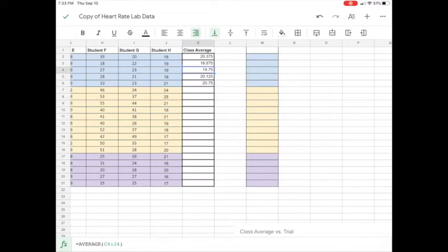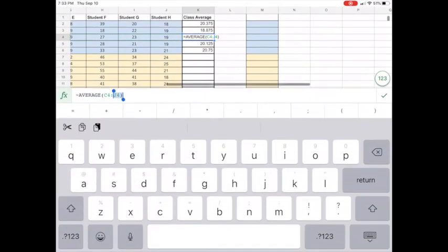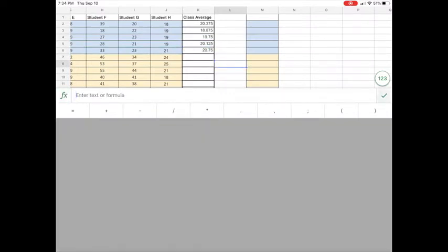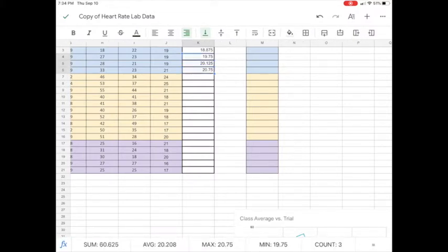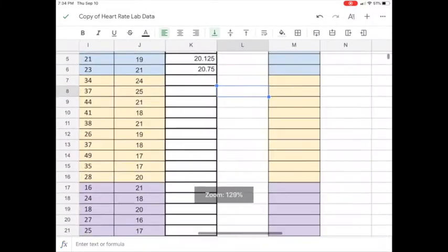If I click on the next one, it's the average of row 4. If I click on the next, it's row 5, row 6. So I know that autofill works, so I'm going to close that back out, and I'm going to do it again. All you have to do is highlight at least one of the boxes that already has an equation in it, and I'm going to zoom in